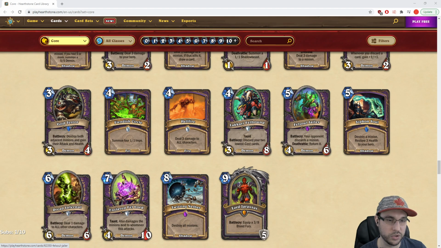The Fel Soul Jailer is a new card for Warlock, never before seen. 5 mana, 4/6 demon. Battlecry, your opponent discards a minion. Deathrattle, return it. So, kind of a nice tech breaker. It wouldn't be permanent unless you did something to make it permanent, but